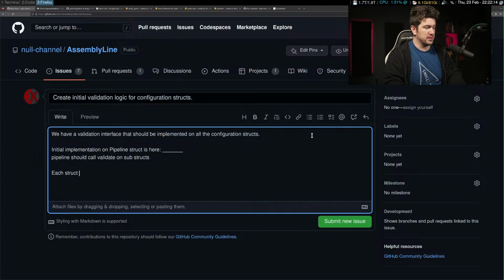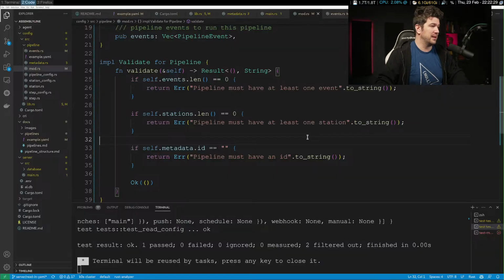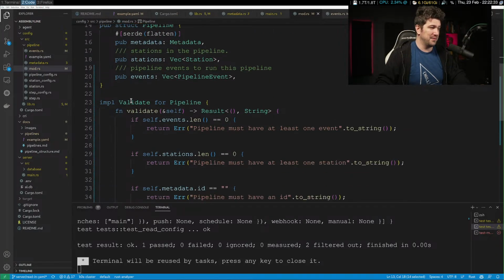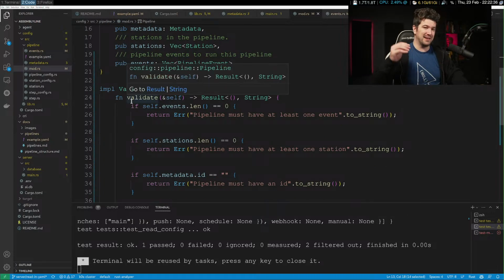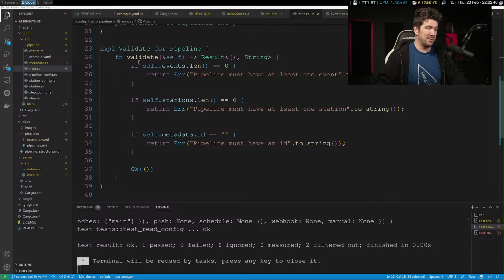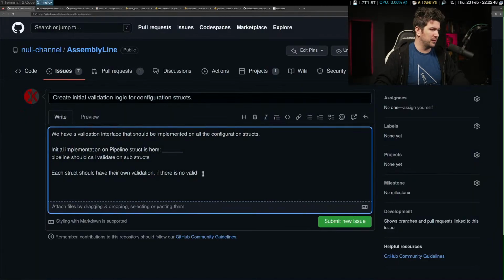Each struct should have their own validation. If there is no validate, we could actually, this is a good video actually, we could create a macro. So basically a derive. We could make a derive for validate that basically says there is no validation for this, it is what it is, because I think that's probably a lot of these or some of them. And it would make it convenient where you don't have to make a validate, but I won't do it.